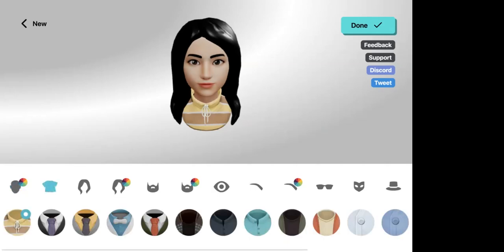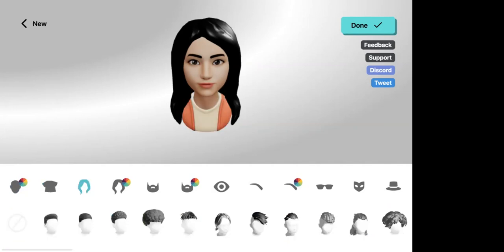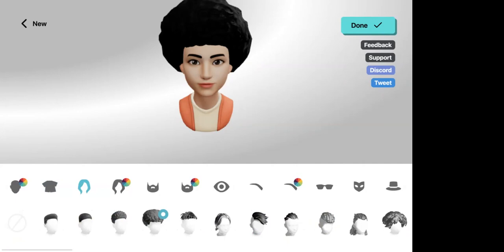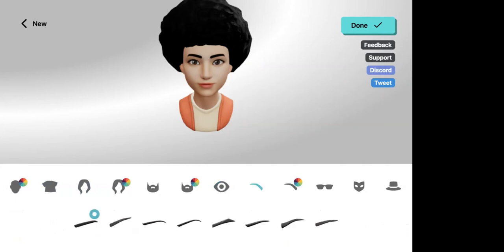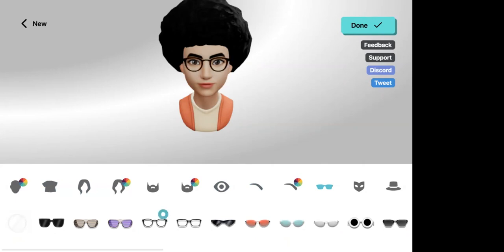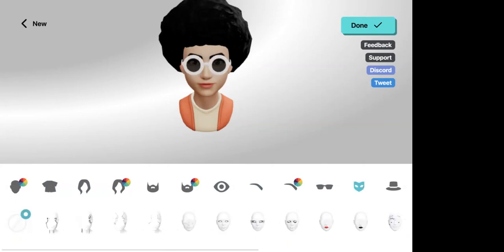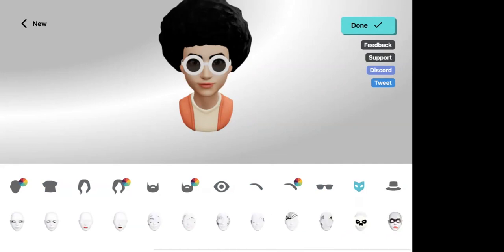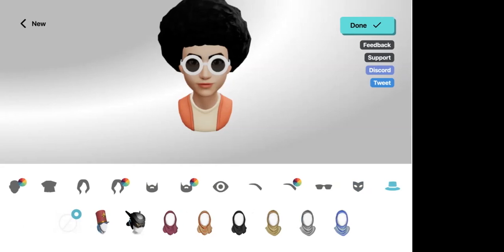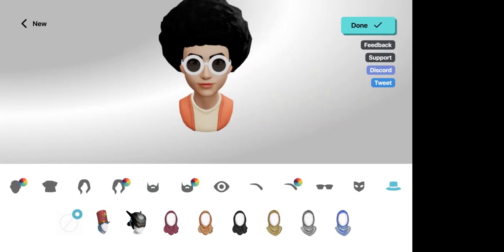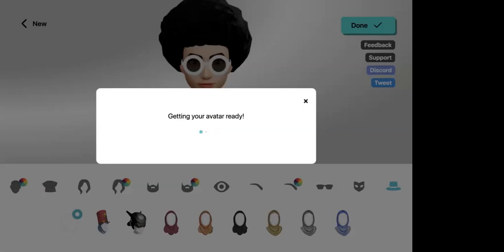I can also change the shirt style. There are some limited choices here, but you can choose those. I can choose the hairstyle as well. I can choose facial hair options. I can customize the eyes or the eye color. I can choose the eyebrow style. I can add some fun eyeglasses. Let me add some fun glasses here. There are some really interesting and bizarre things too, like face masks and things like that. You can add a hat or other options here too. So when you're ready, you click done in the top right corner.